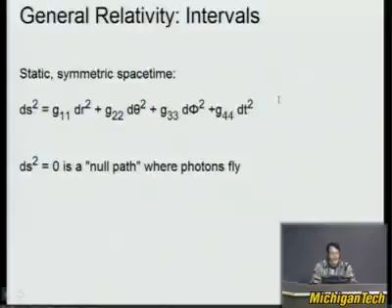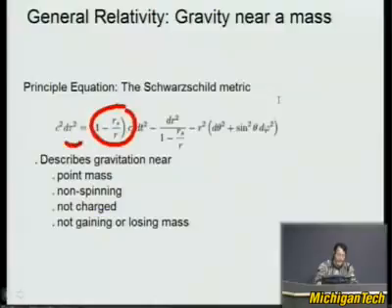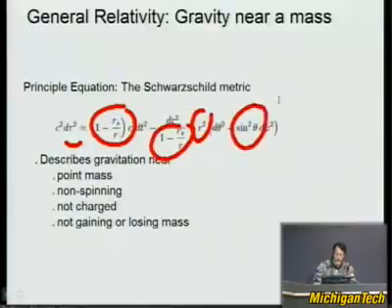So in general relativity, general relativity has strange intervals. These things tell you how space-time curves. And these are intervals in time and space and angle. Here's other stuff. So this is actually the solution for the way space and time curve change around a point mass. So this point mass is not spinning, it's not charged, it's not gaining or